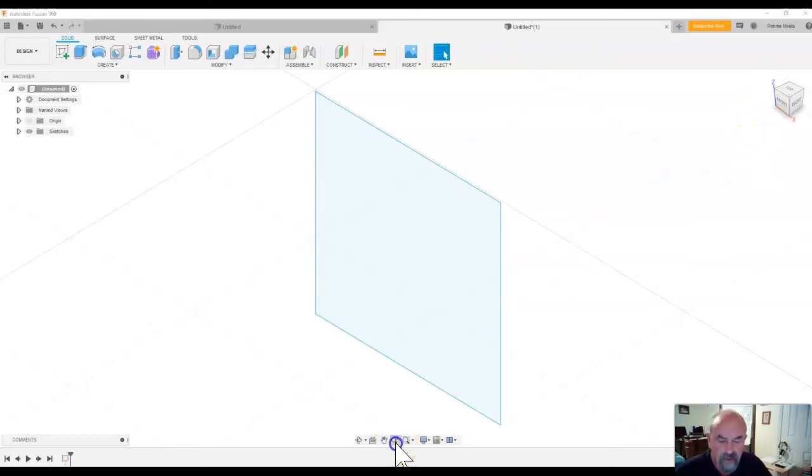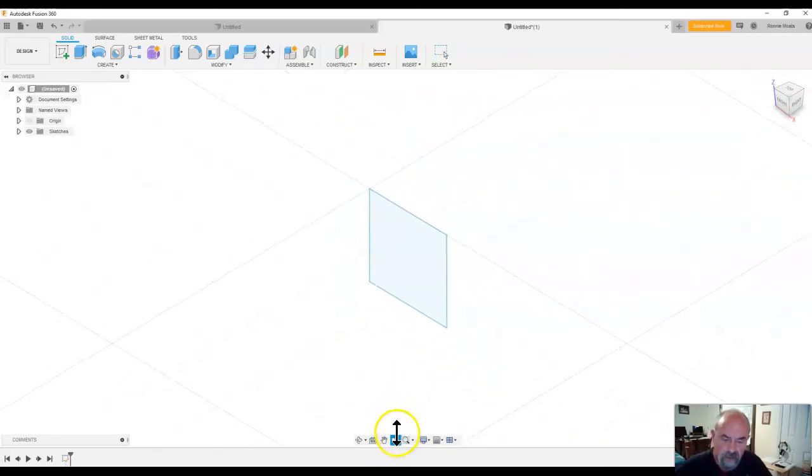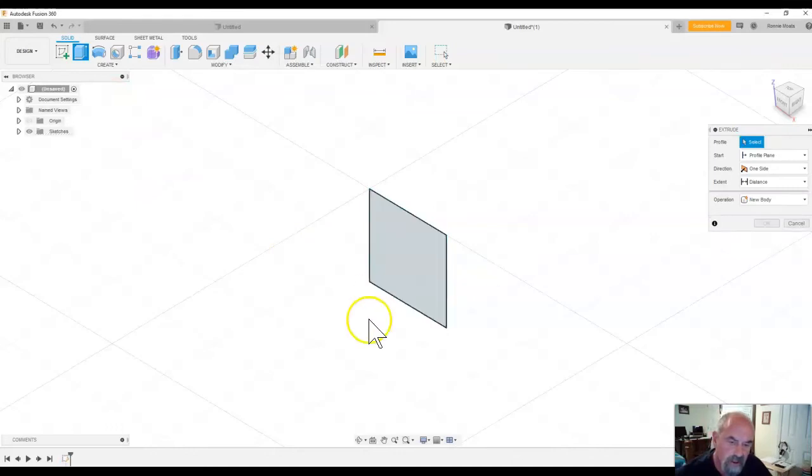A little big for me. I want to zoom out here. So I'm zooming out, hit Escape on my keyboard to get out of that function. I'm going to come back up to Solid. I'm going to click on Extrude. Now, this is the only option I've got here, is to click on this cube. Now, I've got the option of one side, two sides, symmetric, asymmetric. I only want it to come out this one way, and the distance